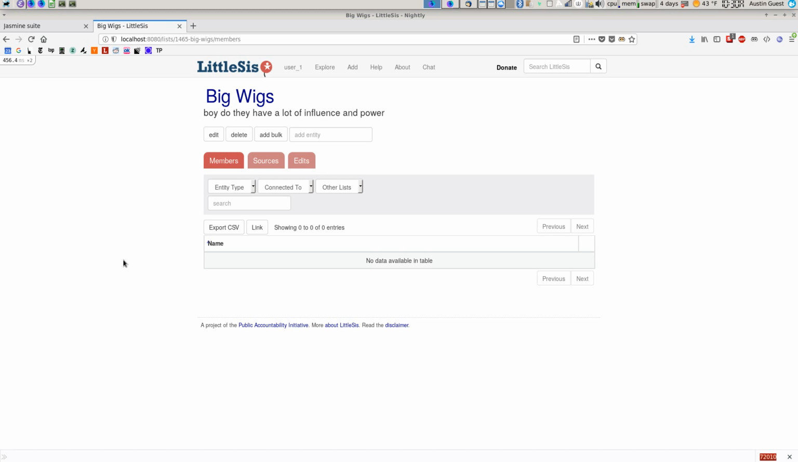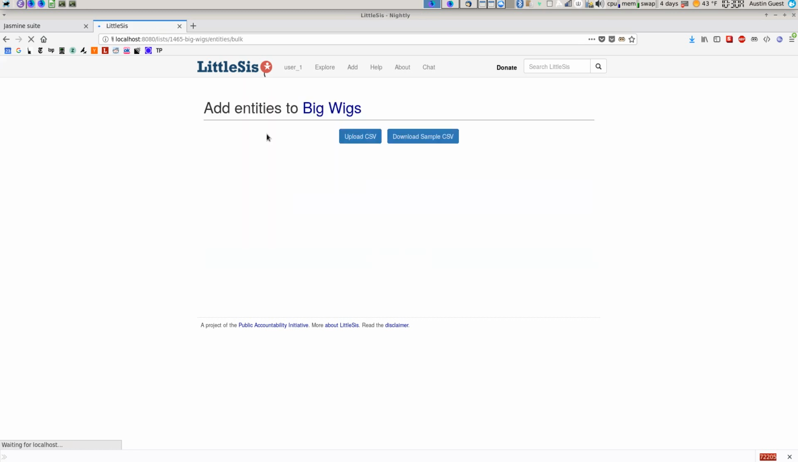Today I'd like to take you on a tour of a new tool we just built to help you add entities in bulk to a list. So, first of all, I'm on a list page, a list of bigwigs, and as we can see, this list is empty. So I want to add many people and orgs that I have in a CSV spreadsheet to this list. So, first thing I'm going to do, click the Add Bulk button, and that will take us to this